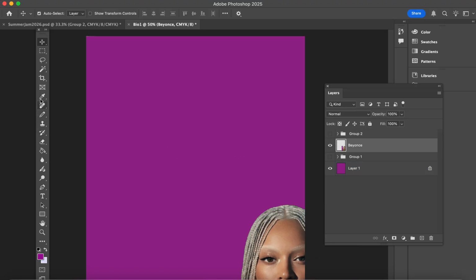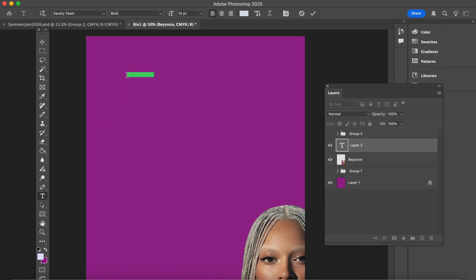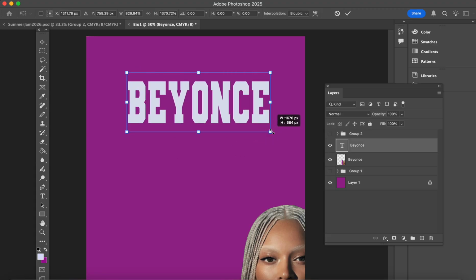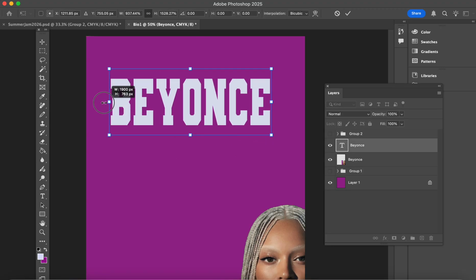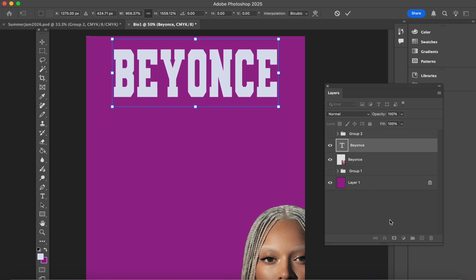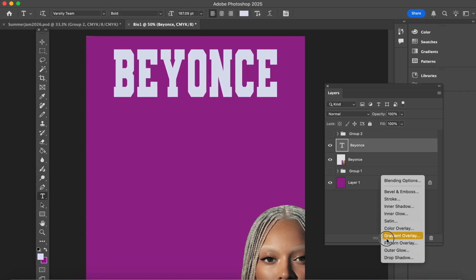So we're going to do text first. And the text cannot be the same color as the background. So for now, I'm going to make it white. Beyonce. And you can either Command T, Control T, because if you're on a PC, kind of don't want it to be stretched out, and you would pick whatever font you pick. This is the font that I had selected already, and I'm gonna again go up here and do some formatting